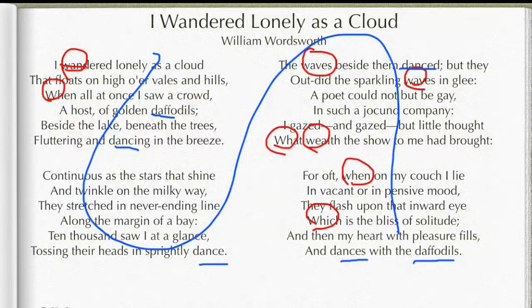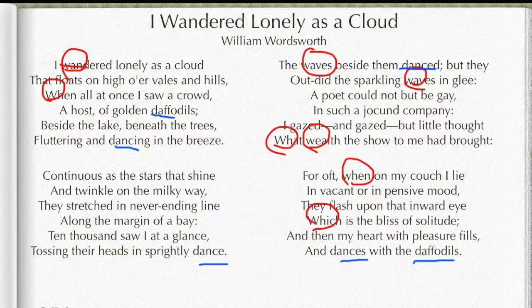Maybe why don't we look at one more sound, and that's the "k" sound. So cloud, continuous, and I may be missing some, and you're looking at this, you're like, oh, you missed a word. That's okay. You see it. Couch. Okay. And again, the "k" sound is tying together.